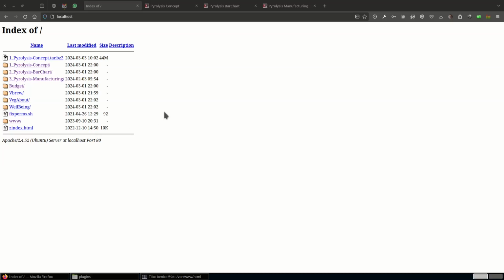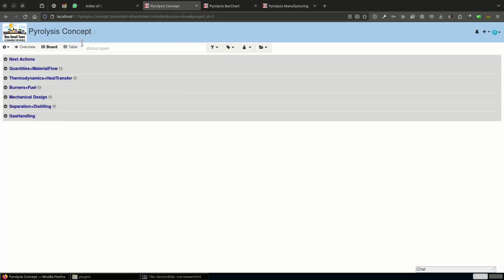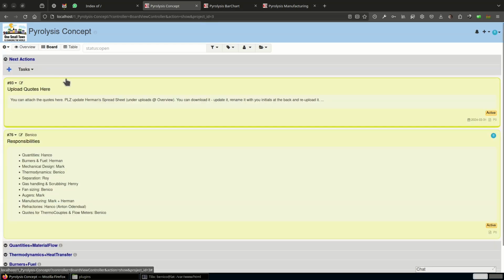The pyrolysis project is organized. First, we had a concept, then we made a big high-level bar chart, and then we have the in-detail analysis of the manufacturing process in the bar chart. So, initially, when we started with the pyrolysis concept, we had this kanboard where we had next actions, where we